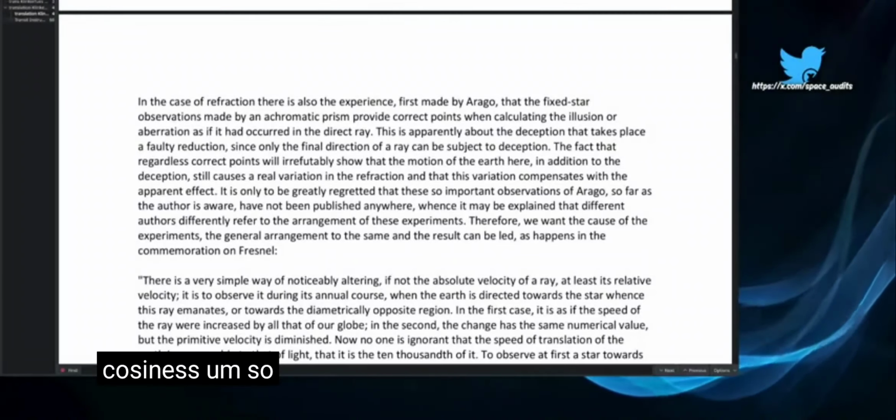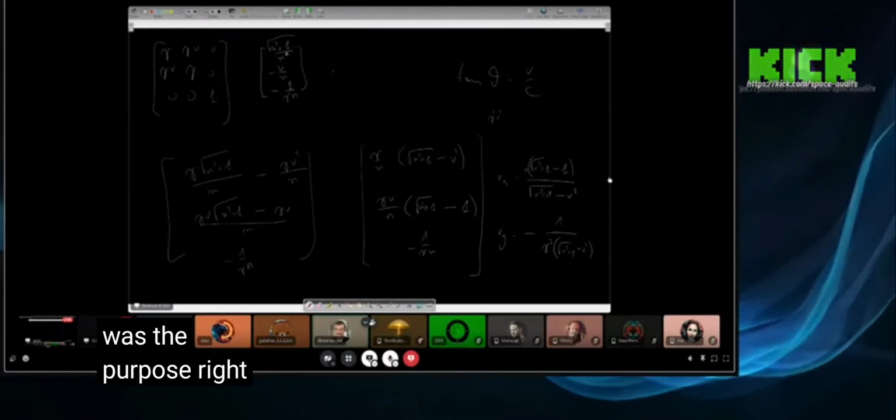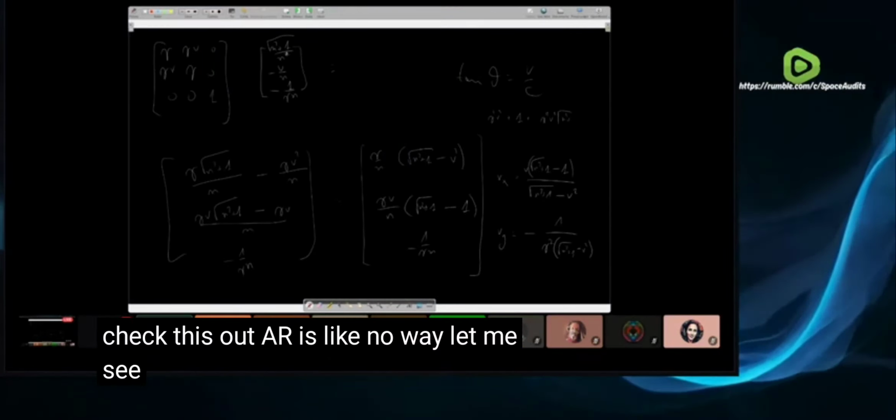So I mean, that was the whole point, the purpose. Right. Klinkerfuess is like, yo, check this out. Airy's like, no way, let me see. And then